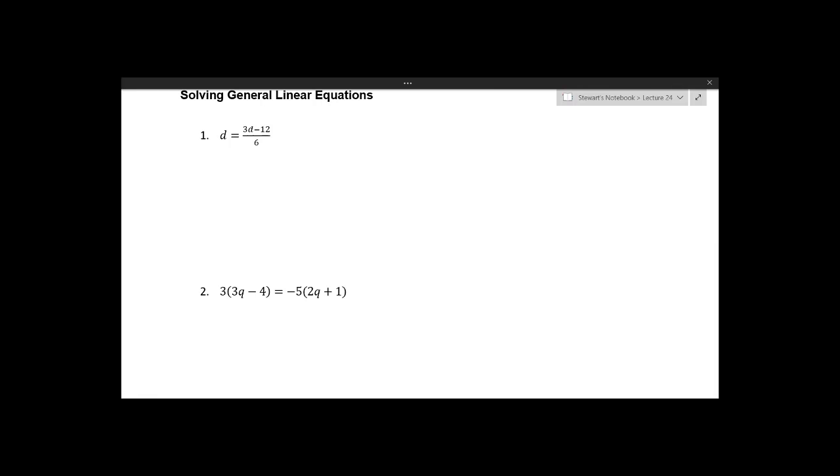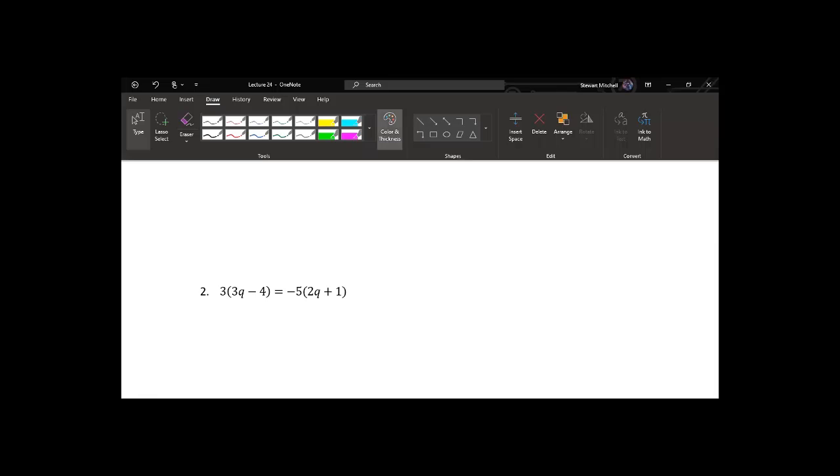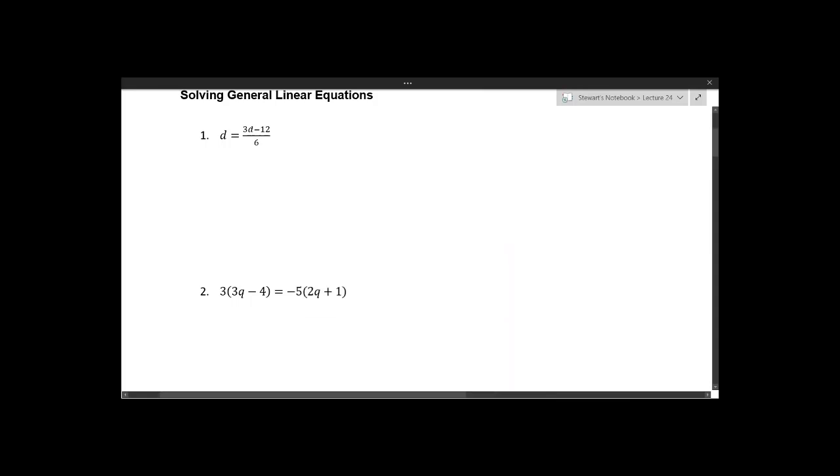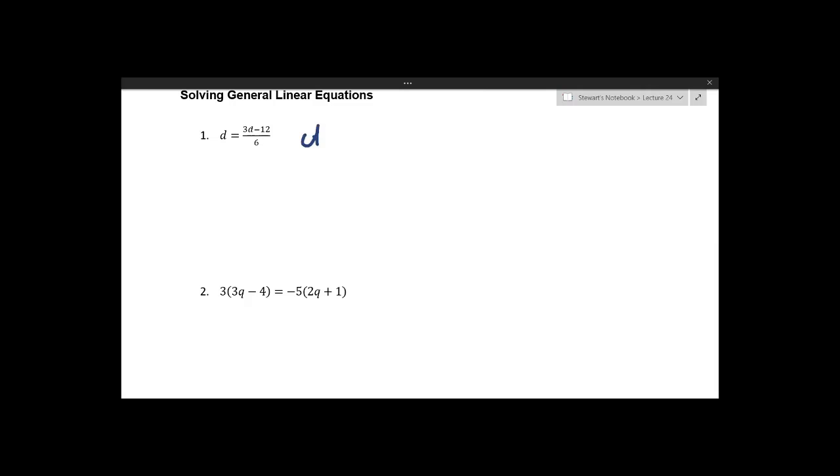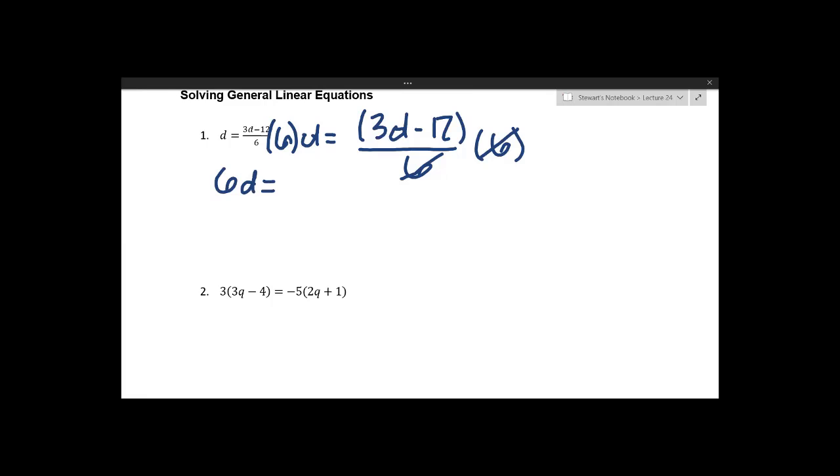Okay, so we have d is equal to the quantity 3d minus 12 over 6. If it helps you to visualize, we can think about this as being written so essentially that divided by 6 applies to that entire expression. So what we're going to want to do is multiply by 6 on both sides to cancel it over here. So that we'd be left with 6d is equal to